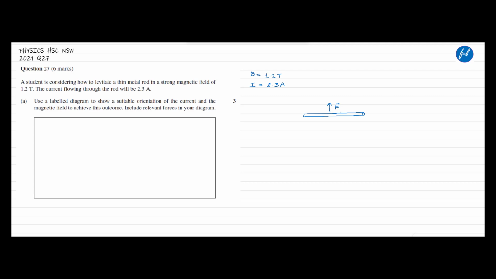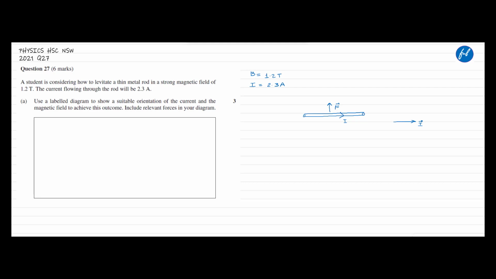So we have a current flowing through the rod, let's say current I, and there is also a magnetic field. The direction of the current is given, so maybe I can use the vector diagram over here. Direction of the current is given as in this direction from left to right,